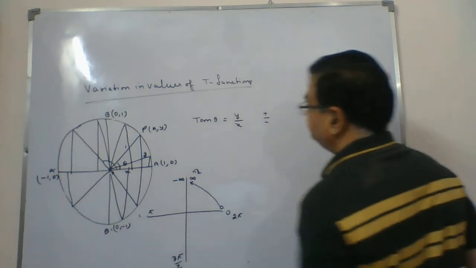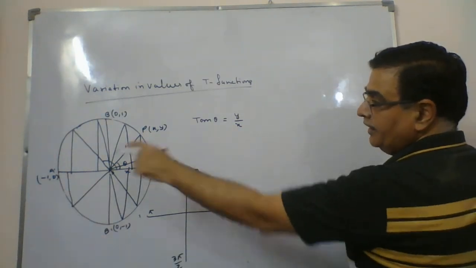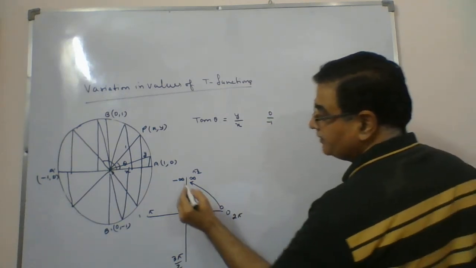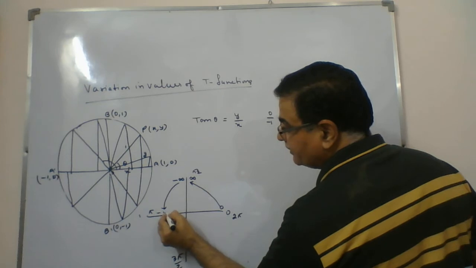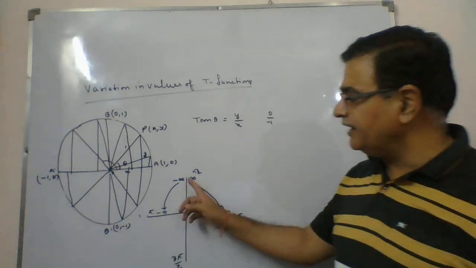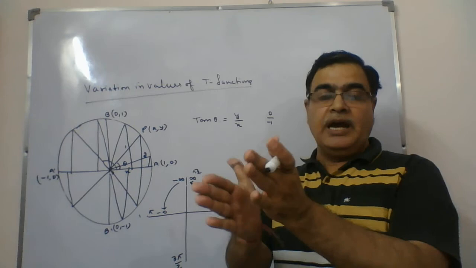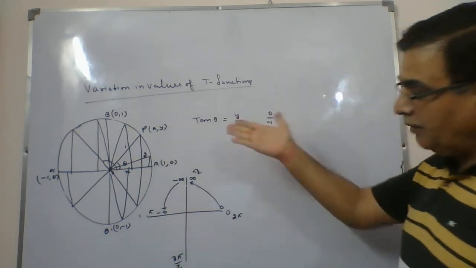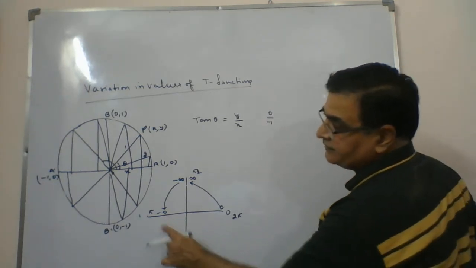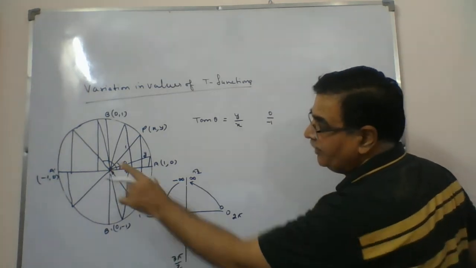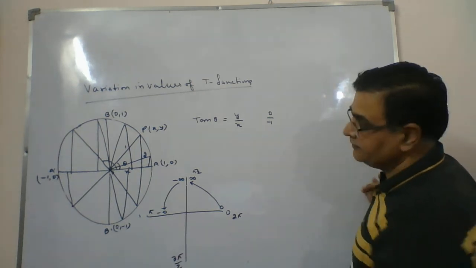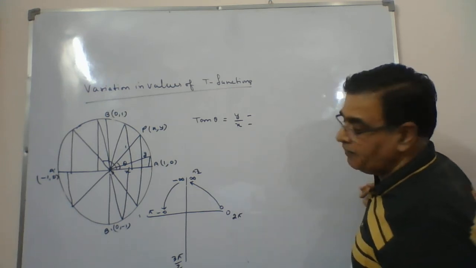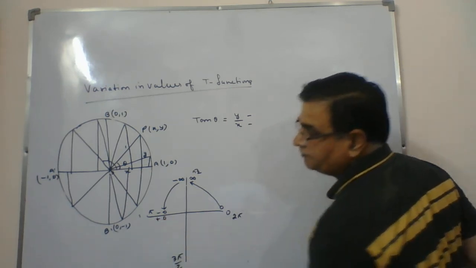When you reach here, what is the value? The y is 0 and x is minus 1. So is it minus 0? So we will say this is going to minus 0. Minus 0 is indicating that it will go from minus infinity to 0, and 0 is reached from the negative side. I'll explain when I make the number line. In this case, x and y both are minus. This is also minus, this is also minus. So net result comes out to be plus. So here we write plus 0.